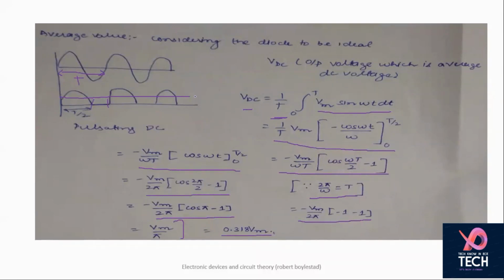So that means what is your power supply output Vm? So Vm is equal to Vin minus VD0. So your DC value is Vm by pi. So that you can easily calculate. You have already done this in the previous classes also, but I want you people to calculate this value for your full wave rectifier as well as your half wave rectifier, that average value of this particular thing.